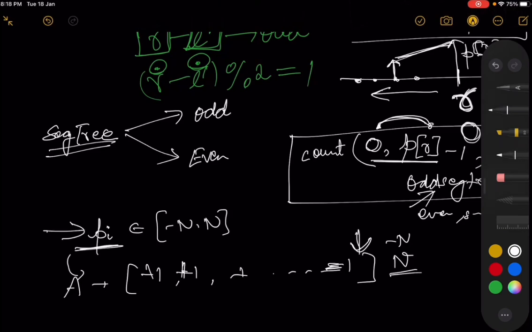Now for implementing the segment tree, we will just keep two arrays. The first one you can say odd, the second one you can say even. Now both these odd and even arrays will be doing what? If you consider, let's say, the even array, what will the even array represent? The even array will represent that if you consider any index of this even array, let's call it I, then even of I will basically store the count of